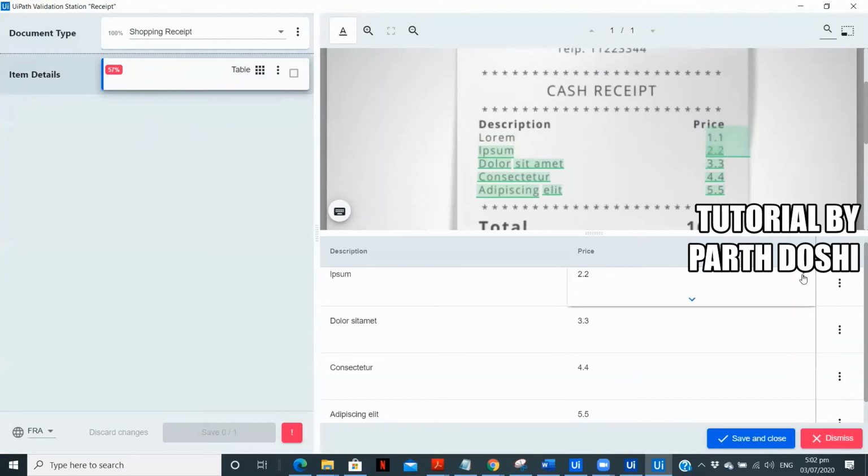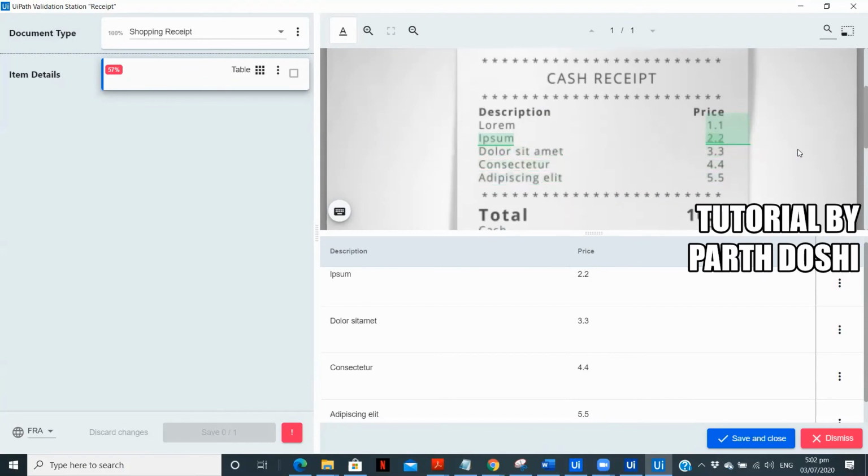If I just click on this highlight row, it is highlighting this particular row. But since this is not a proper image or not properly formatted, I am not getting the complete first value because this is not in a proper format. But other than that, if we see, this is extract rows.